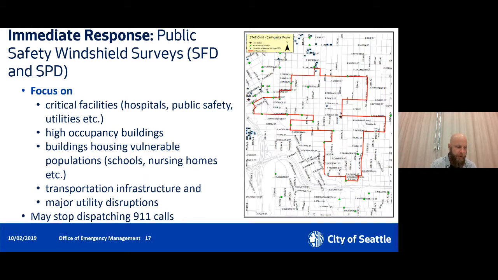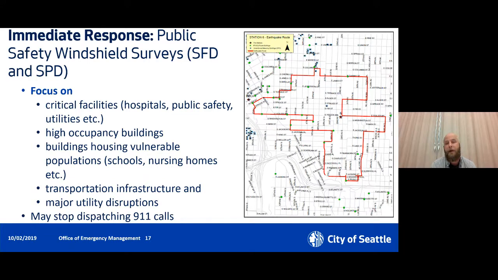So again, the point is for them to do a quick cursory damage assessment of buildings and infrastructure, so that they can then move their resources to those incidents where they can save the greatest number of lives. So the classic example is, if we have a school building in the middle of a day on a Wednesday and there's a collapse or a partial collapse, and a few blocks away there's a single family house on fire, they're going to move their resources to those places where they can save the greatest number of lives, so that collapsed building. And that's really the point of this.